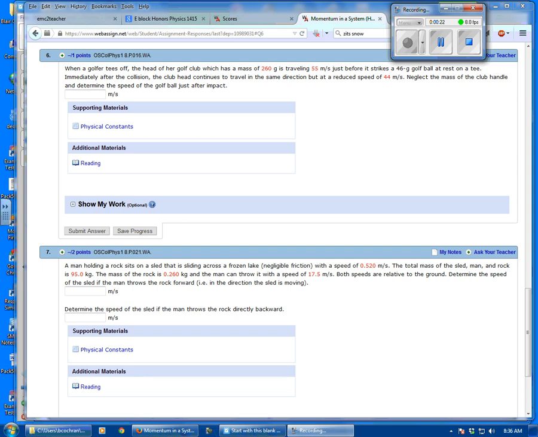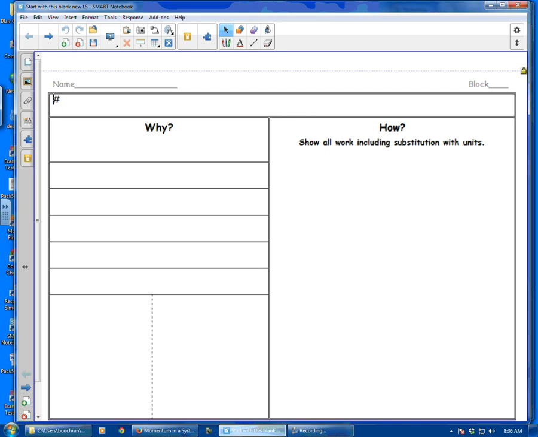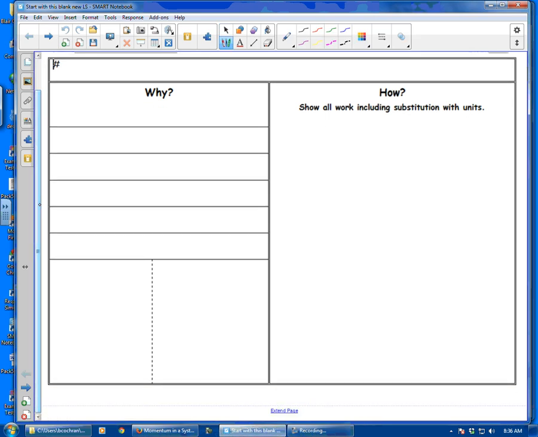So probably what I would start off with is recognizing, is there a before and after in this problem? Who's working on this problem with me, just so I know who to make eye contact with? Okay. Is there a before and after with this problem? Yes. Therefore, we must do a diagram as part of our Y, so we don't give away 40%. Alright, so this is number 6, I'd probably start off with something like the club and ball